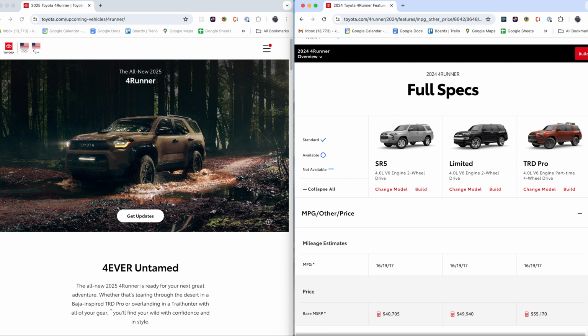To kind of wrap this up, let's talk about a guesstimate in terms of price. I think we all know that prices on everything have gone up, especially after COVID. And yeah, crazy inflation out there right now. Everything is like $10 at the grocery store. And it seems that even before all this inflation, every time a new vehicle comes out, it goes up like $5,000. So I would kind of expect the entry trims to go up to at least 42, maybe 45. And then the upper trims probably closer to